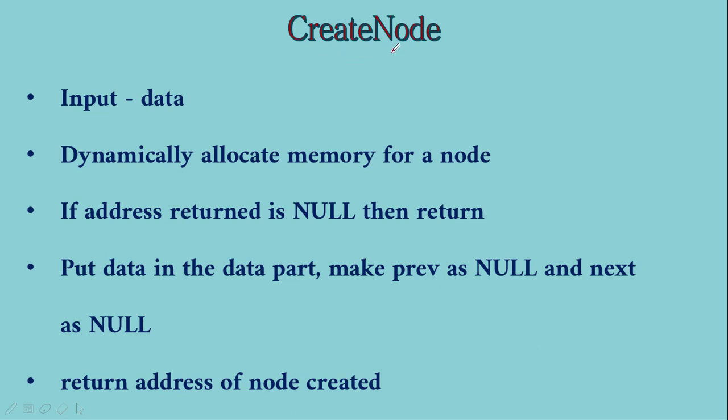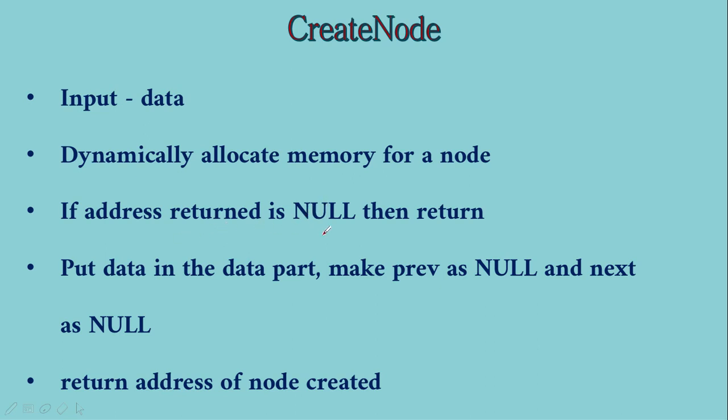The objective of the create node function is to dynamically allocate the memory for a node, and also to check whether it is successfully done. A failure happens if there is no memory available in the heap of the allocated part. The operating system will give some memory to each program, some memory for the stack and some memory for the heap and so on. So if that heap is full, then we will not have memory.